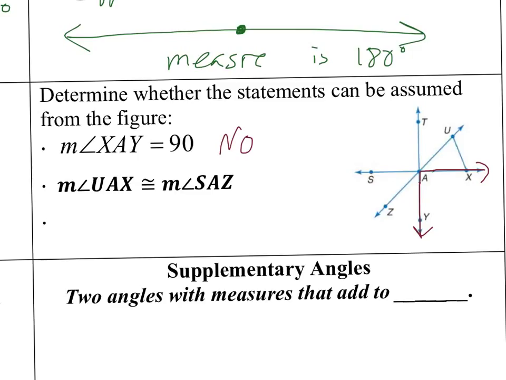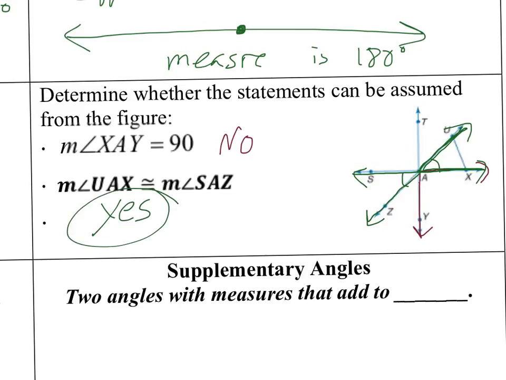Okay, what about UAX? Let's find that. UAX, so we're looking at this angle. Is it congruent to SAZ? This angle. Basically, are these two angles equal to each other? We can say yes,